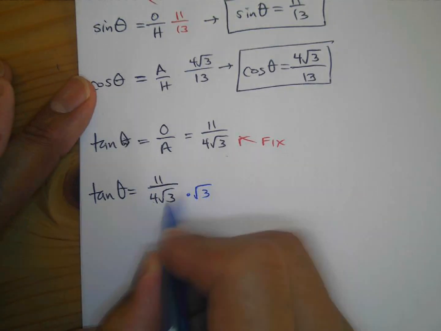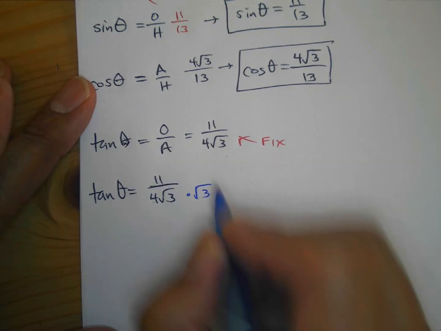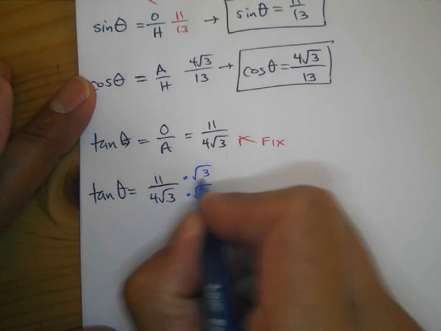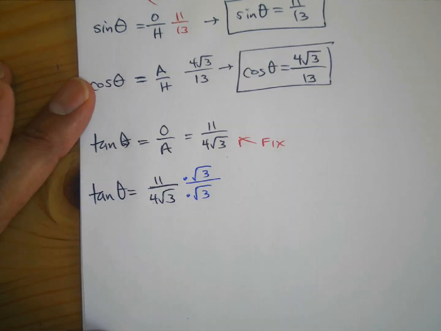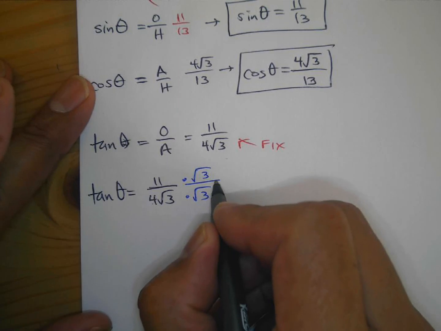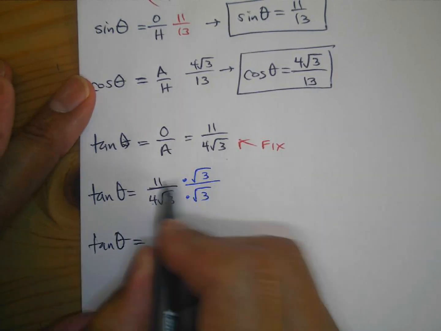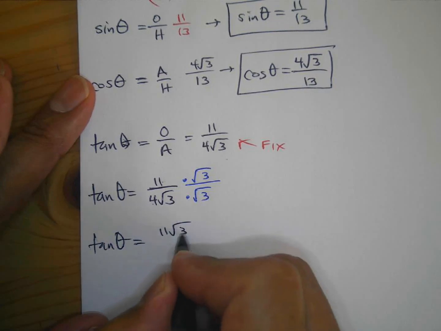We're going to multiply by exactly what the radical is. You don't need the 4, just taking care of this. So multiply numerator and denominator by the square root of 3 over the square root of 3, which is actually just 1, right? You're left with tangent is equal to 11 times root 3, which is just 11 root 3